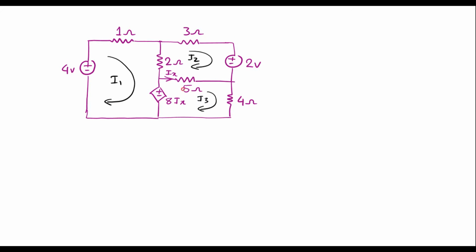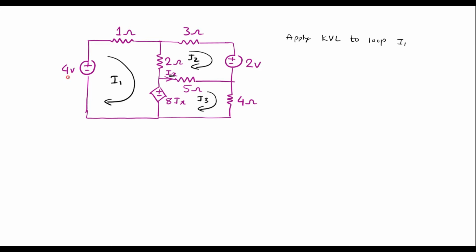So this is the given circuit. Here we have to find Ix. Ix is the current which flows through the 5 ohm resistor. So let me apply KVL, that is, apply Kirchhoff's voltage law to loop